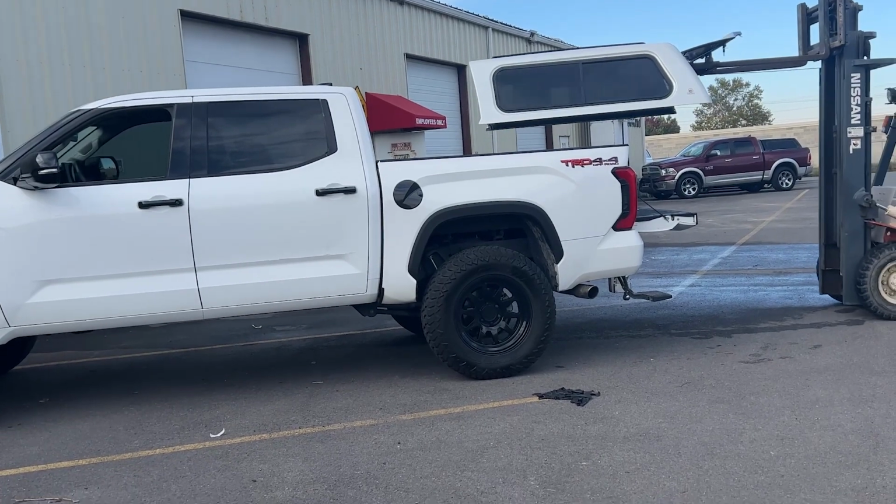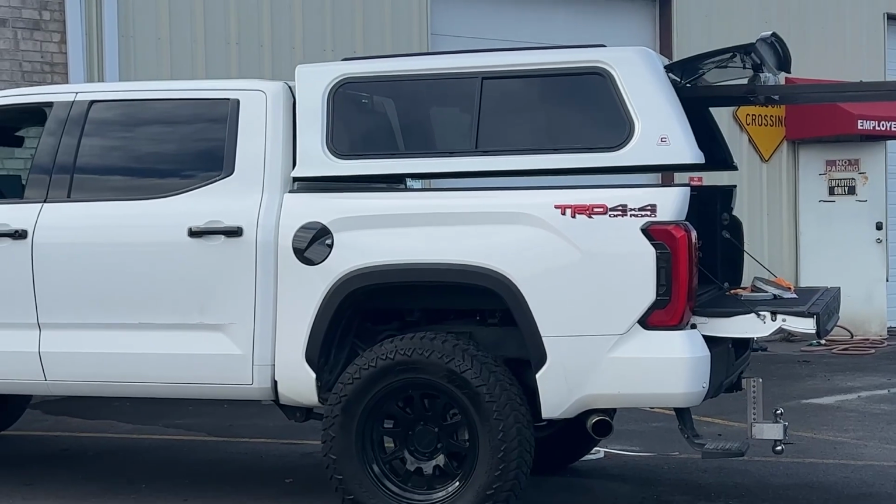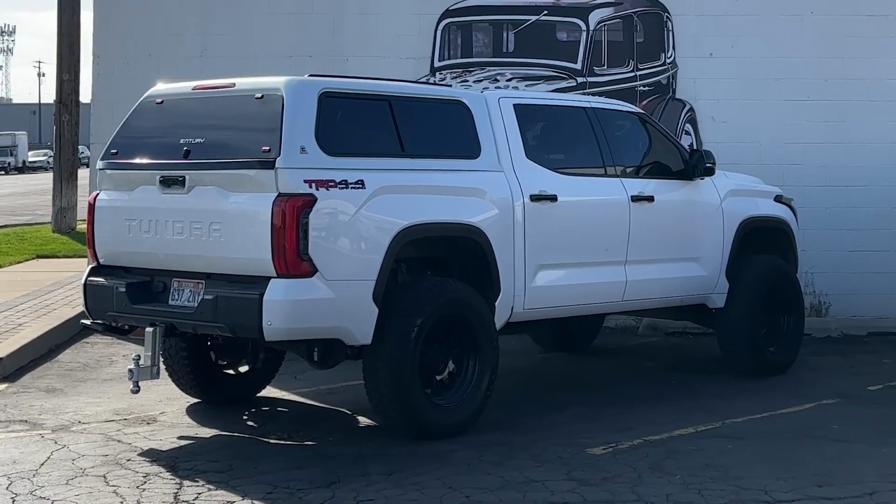Looking at quite a few options, I actually decided to go with a Century Ultra Sport, and it is fully loaded. It has the headliner inside, you got the roof rails, it's fully locking, so I am super pumped on it. The only thing that I was a little bit bummed about, and again,